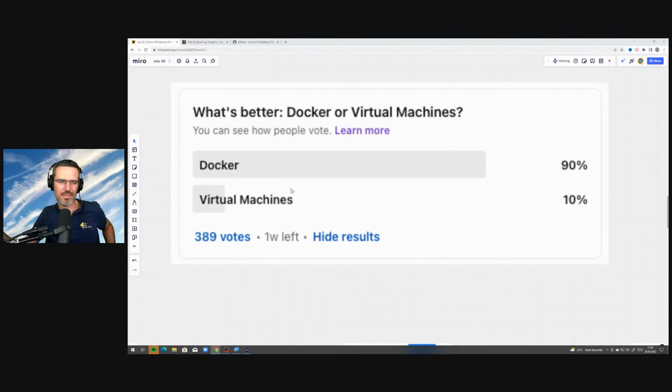It's a big plus. But for certain use cases, virtual machines are still a good thing, especially in the cloud environment. For development, I agree, I would look into Docker, and Docker is a lot better there.